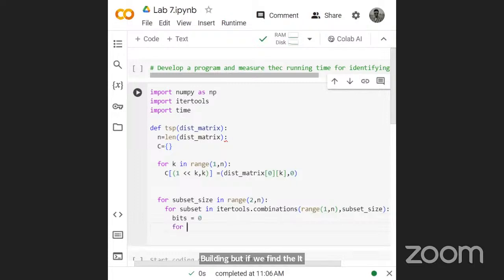For each bit in the subset, I'm going to left shift it, so that I'm converting the subset into bit representation, basically, with bits or equal to 1 left shifted by the bit. Now I converted the subset into bit representation, and for each k in subset,